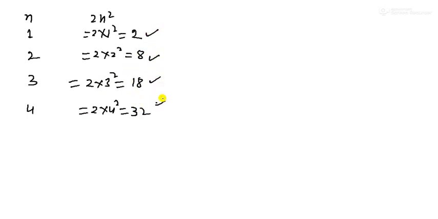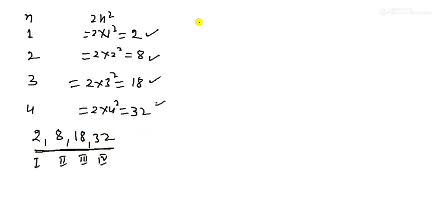The first orbit has the maximum number of electrons 2, the second orbit has a maximum of 8, the third one is 18, and the fourth one is 32. These are the maximum numbers of electrons in any orbit. That is your first orbit, then your second orbit, your third orbit, your fourth orbit, and so on.